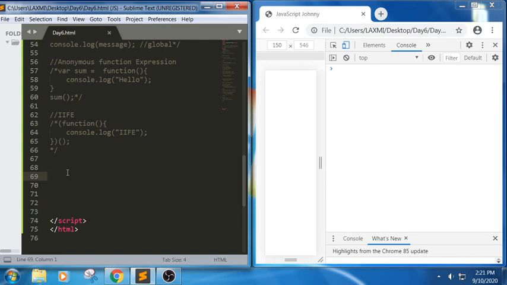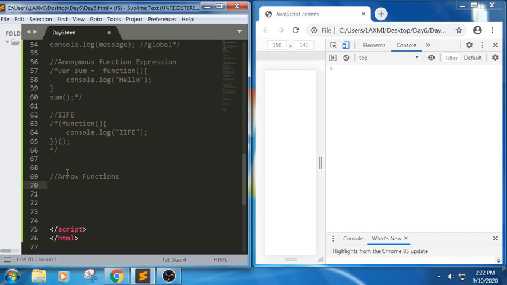So let me give an example for arrow functions. In these arrow functions, we define this one using an arrow symbol. We need not use the keyword function here. If we have only one statement, we can skip this parenthesis. In these arrow functions, first, we need not write a function keyword, and next, we need not write a return keyword, and we need not place the curly braces also.